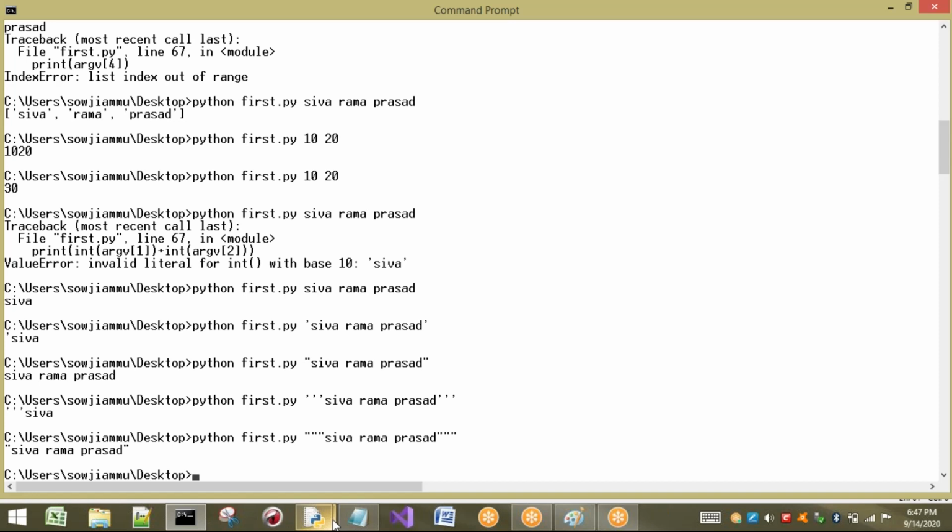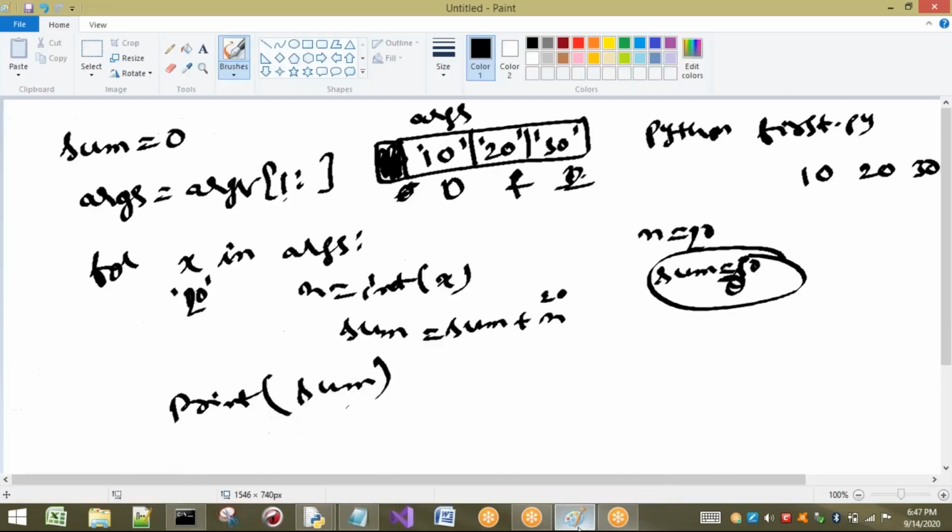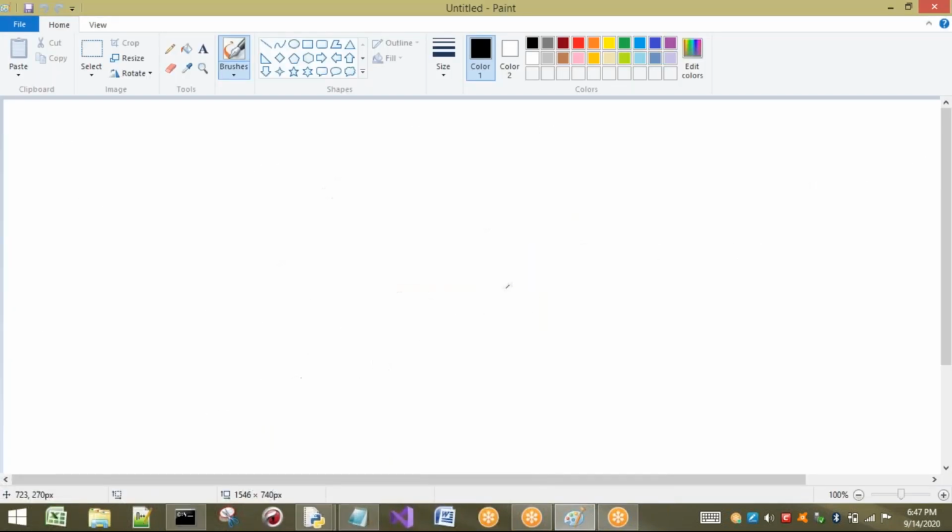Now let us see, briefly, I will tell you the points we have discussed here about command line arguments. First point: what is ARGV? If you want to store any command line arguments, I have to use a list called ARGV. Where is it present?